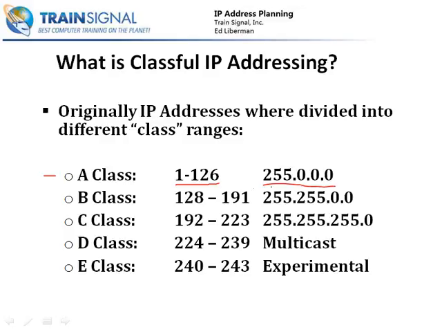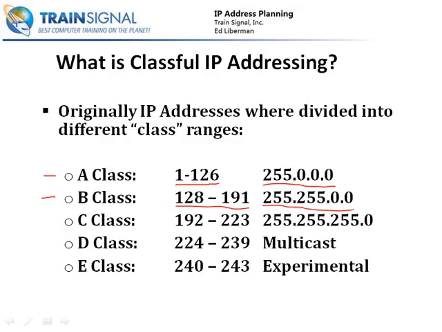Now the B class range of IP addresses can be recognized again by that first number being anywhere from 128 to 191. You'll notice that the A class range's first octet ended with 126 and the B class starts with 128, and that's because of what we were just talking about a moment ago, where 127 is not allowed. That has been reserved for diagnostics. So with the number beginning with 128 to 191, you're in the B class range, which has a subnet mask of